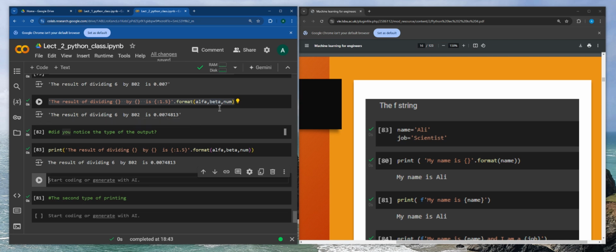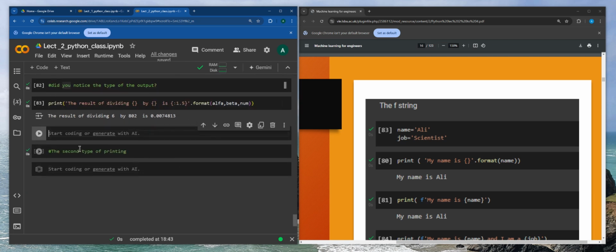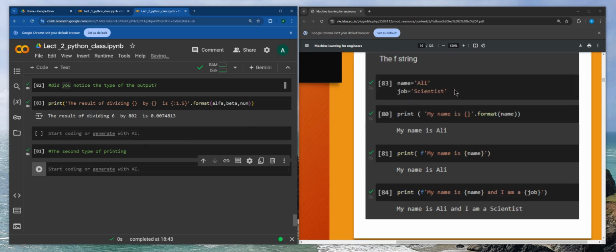Again, these are things that later on make sense, but appreciate the difference. When I use the print, what was the output? When I didn't use the print, all right? Now, the second type of printing is called the f-string method, okay? The f-string method, again, you may become more comfortable with this. Yeah, so let's use this example and compare the dot format with f-string, okay, so that you sort of understand